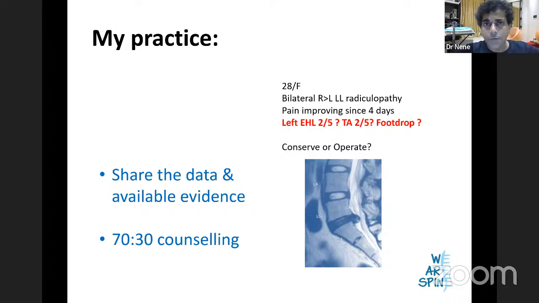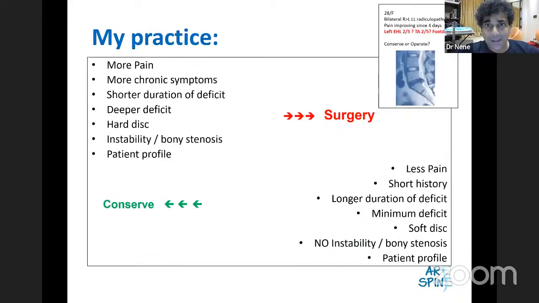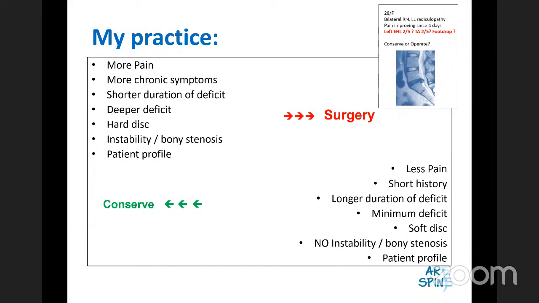Because there are tons of people with deficit who we've operated in time who have not recovered. And there are tons, which I'm going to show you finally. But quickly, I want to just show you this, who would you conserve, and that this has been our unit philosophy. Someone with lesser pain, shorter history, meaning not recurring history, but a shorter history, longer duration of deficit, minimum deficit, soft disc, no instability, no bony stenosis, and a patient profile who's desperately not wanting a surgery would